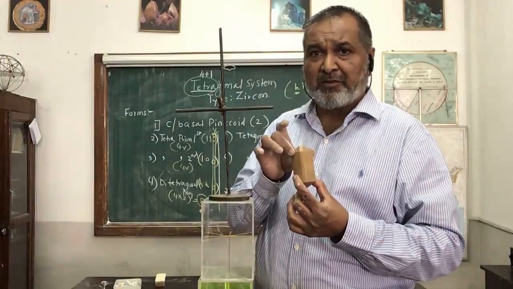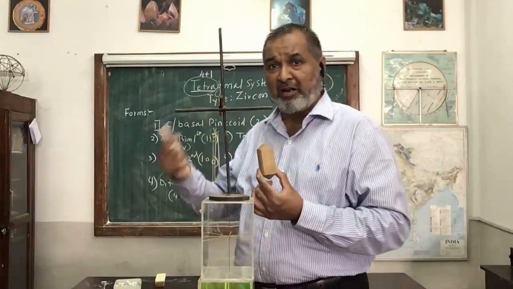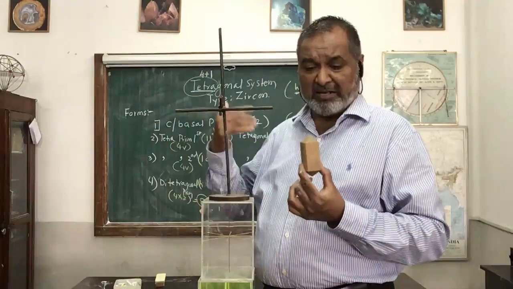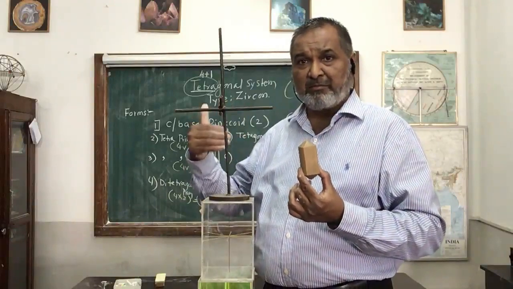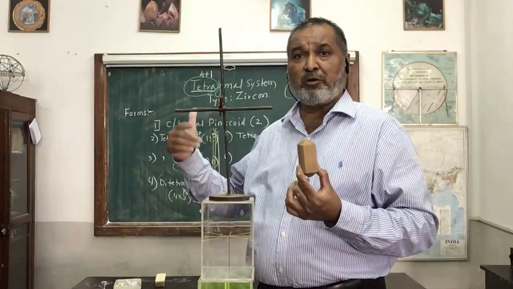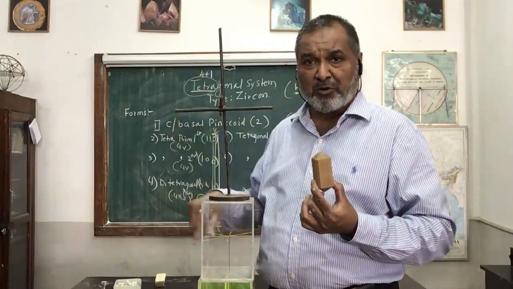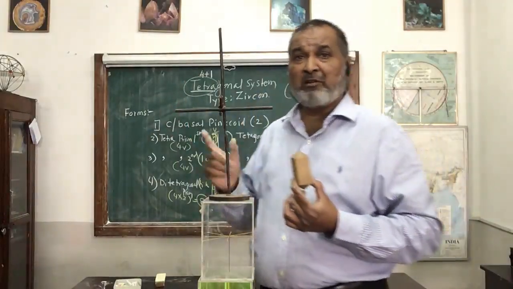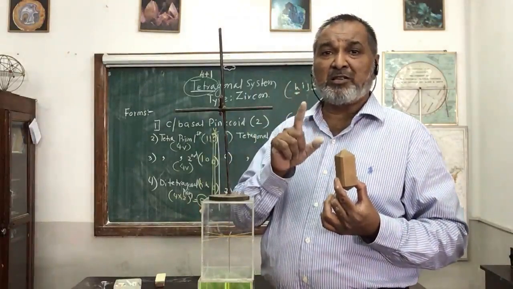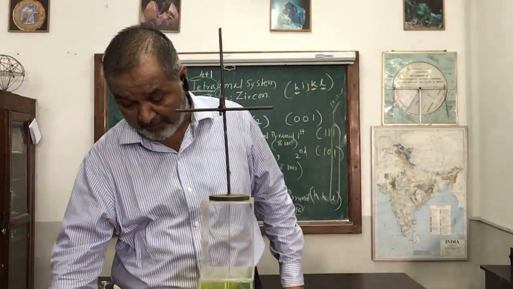So first order prism, first order pyramid, second order prism, second order pyramid. But don't write it this way; you have to write systematically. First we write the minimum number of faces, the pinacoid, but it is not there. So we start with the prism: tetragonal prism first order 1 1 0, then tetragonal prism second order 1 0 0. Then we come to the tetragonal pyramid first order 1 1 1, then the tetragonal pyramid second order 1 0 1. Clear? So this is model 749.